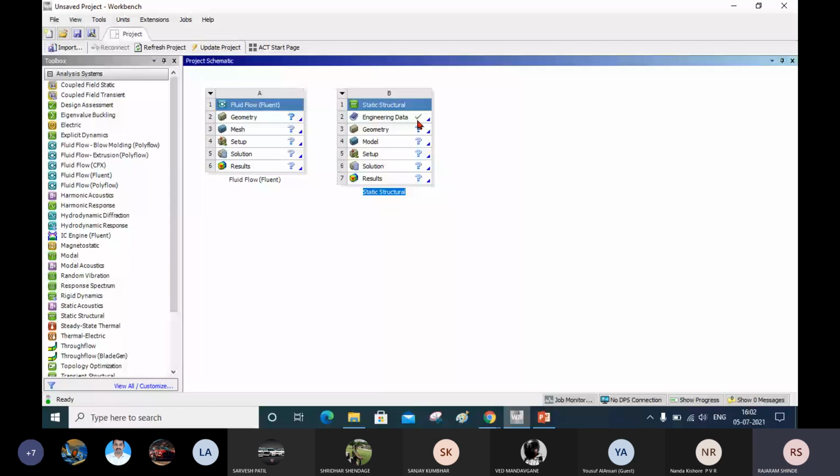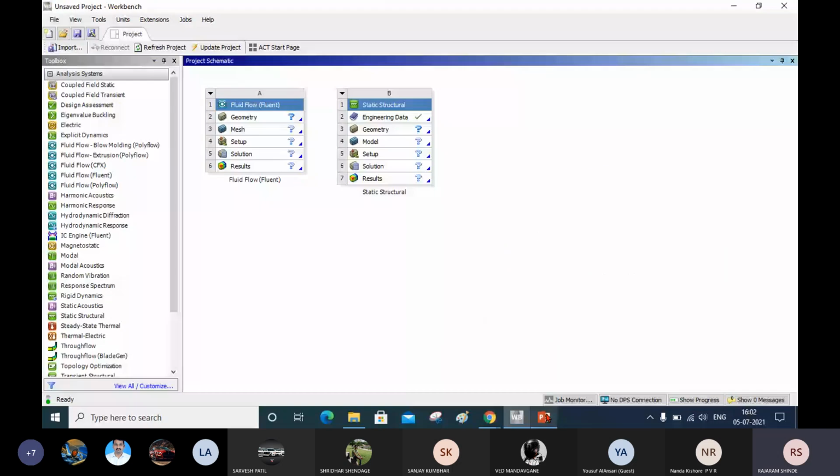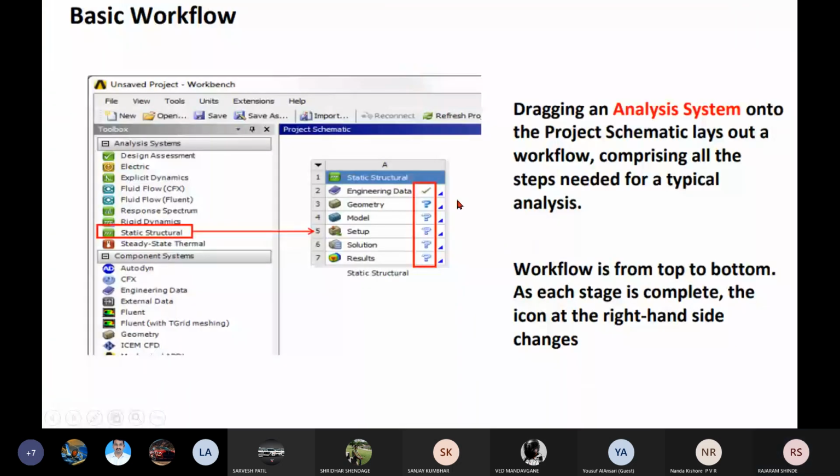Now in this way we can add the different tools or different analysis systems in your project schematic. Okay, now next one, I will explain the meanings of these different marks.